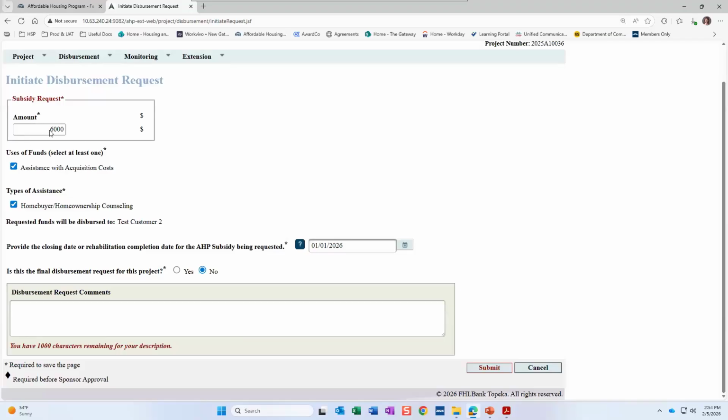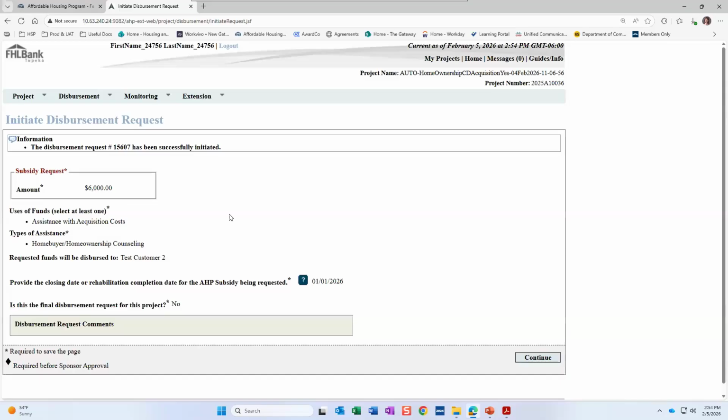All right, once we have all of our required information filled out, we're going to click Submit. And here we go. Assuming that I've entered everything and filled out all the required fields, it's going to assign a 5-digit disbursement request number to our disbursement. This number is just something to keep in mind. Our analyst, when they email you, may refer to your disbursement by this number instead of the home buyer name or something like that to protect information. So if you ever see them refer to a disbursement request by a 5-digit number, that's what they're referring to.